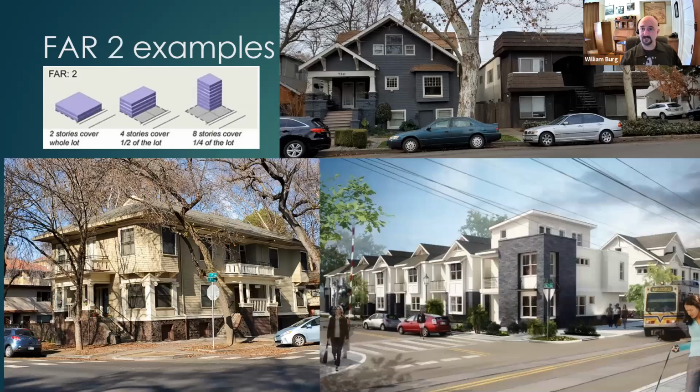FAR 2, again, this is more of the central city area. These are examples of properties that occupy most or all of their lot. This example on top is in Boulevard Park, and on the left is a single family home. Oh no, actually, I'm sorry, I corrected. It looks like maybe it's a duplex, but it's got two doors side by side. And that building probably has an FAR of 1 because it has a backyard behind it.